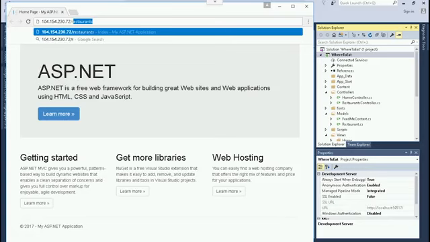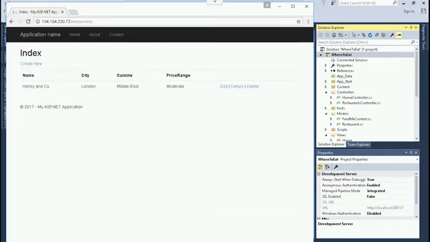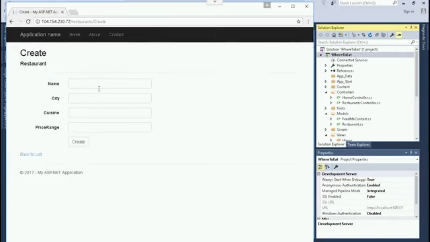If we add restaurants to the end of the URL, then you'll notice we get the same result as we had before. We can add a restaurant. When I'm in New York City, I like to eat at the Momofuku Noodle Bar.